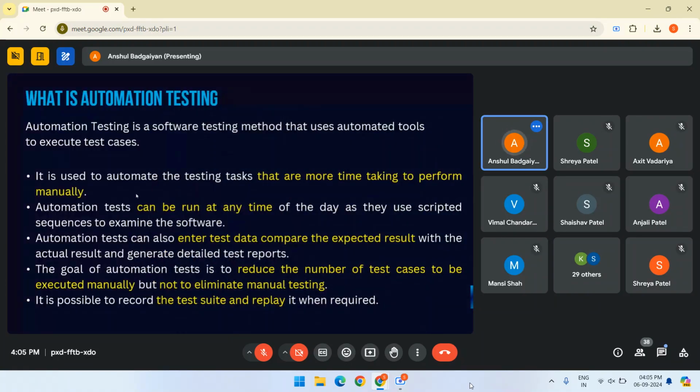So first of all, what is automation testing? Automation testing is nothing but using different tools, different technologies to automate our test cases. So the benefits of this type of testing is that we don't need to perform the test cases that are more complex in nature manually. Also, we can make suites, those ready-made suites